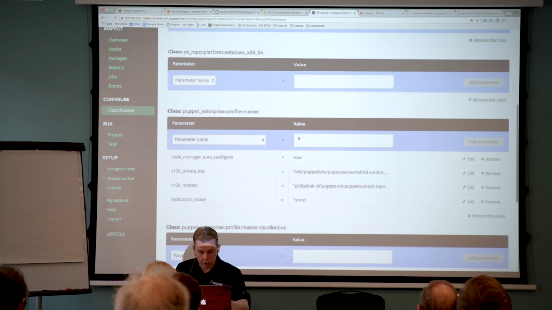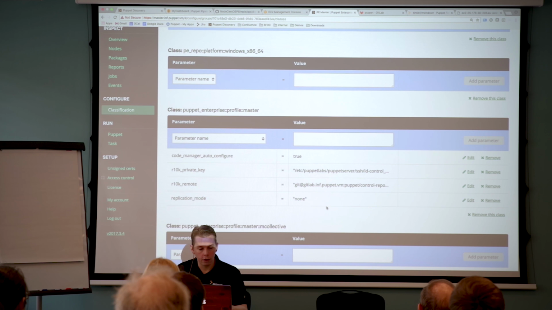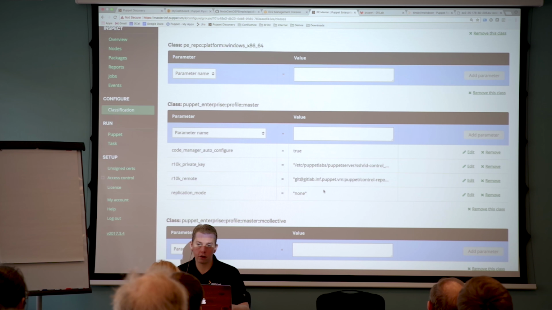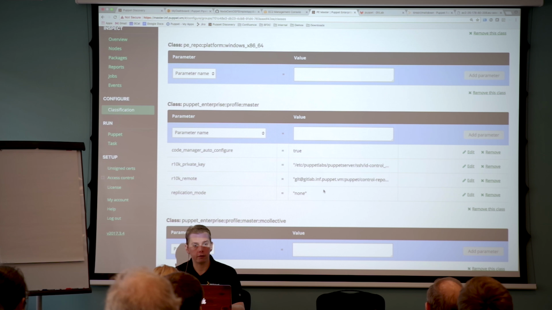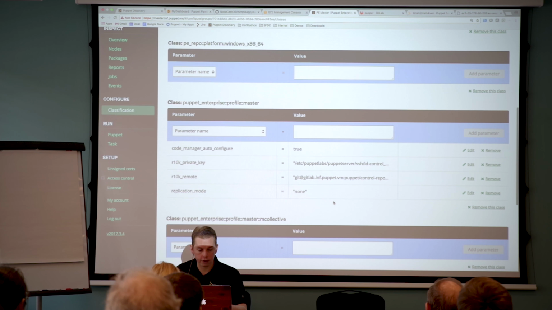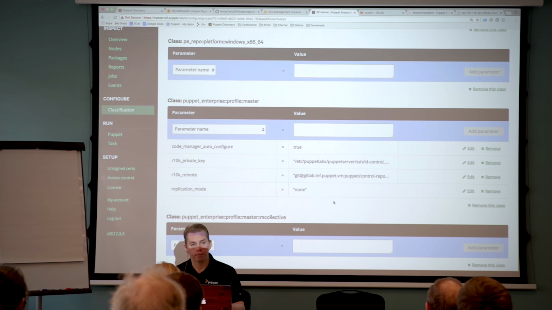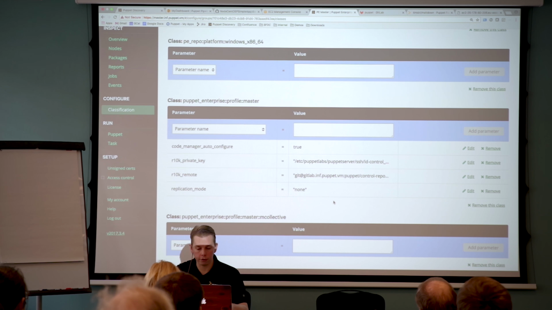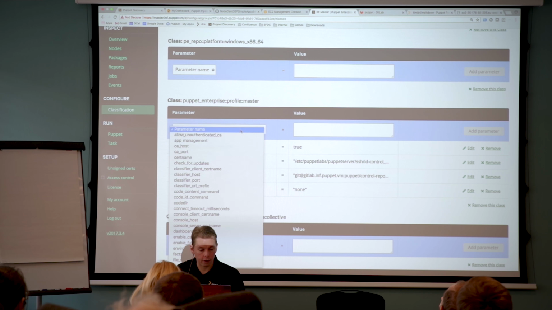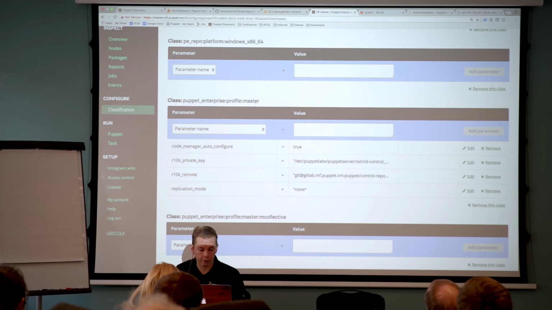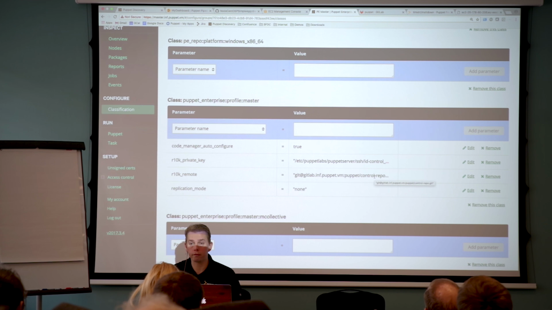So all that you need actually is to set up these four items. What I'm showing you here is the Puppet node classifier, and I'll show you a little bit more in a moment of that, which can augment and or fully replace your site.pp file, so that you don't have to do manual classification of nodes. This can all be role-based, and in Puppet Enterprise, a lot of the core variables of the system you can manage through the node classifier as well. So all you need to do is, from these parameter sets for the master profile, set Code Manager auto-configure to true, give it your private key and the location of where your control repo lives on your source control server,